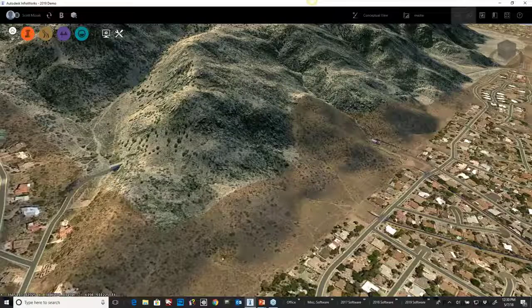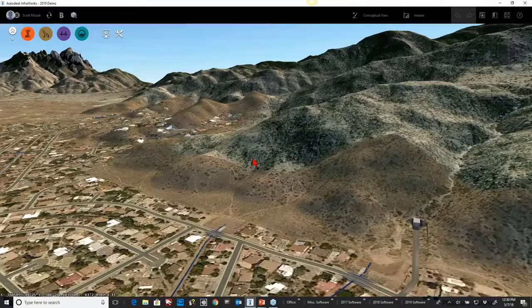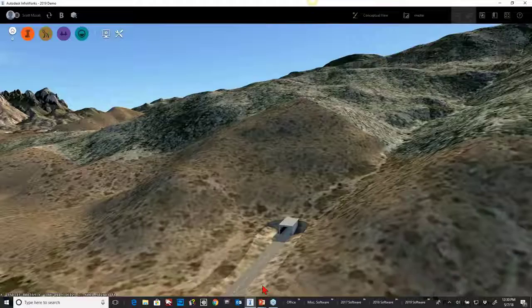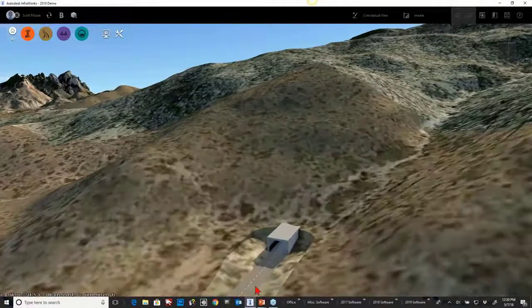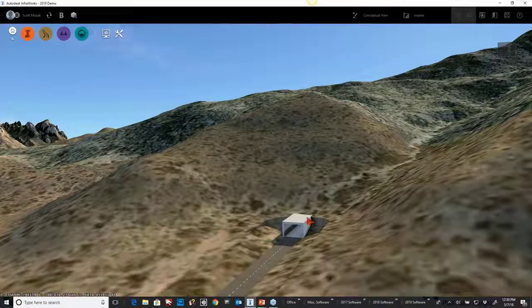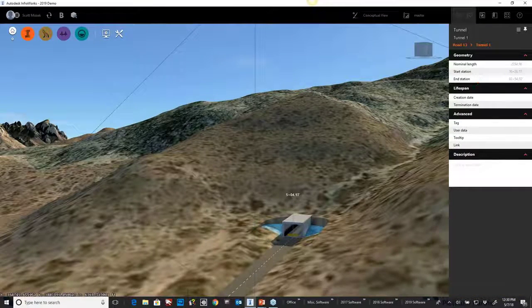I have a model open right now, and I have a tunnel on one side, tunnel on the other side, and I want to go ahead and make manipulations to my tunnel. So I'm going to go ahead and zoom into it. Right there. If I click on the top of the tunnel, I get basic parameters. Tunnel 1, it's road 13. Nothing too exciting on there. But if I click on